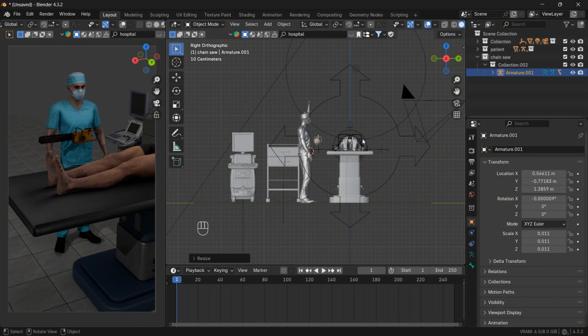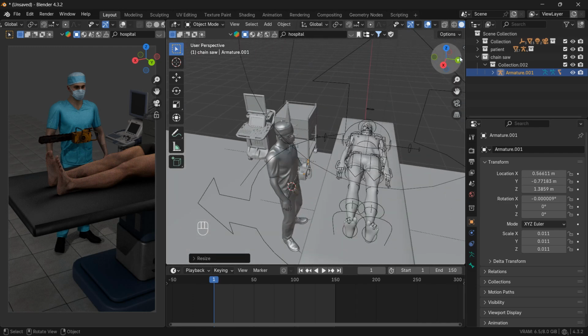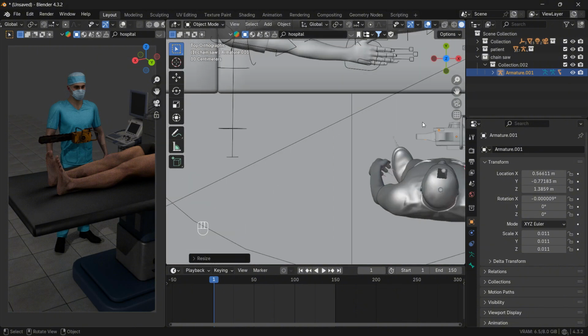Okay, maybe this size is good. The total length of the video will be around 4 to 5 seconds, and for this I'm going to use only 150 frames. In this, the doctor will cut his leg. So okay, let's start. First of all,